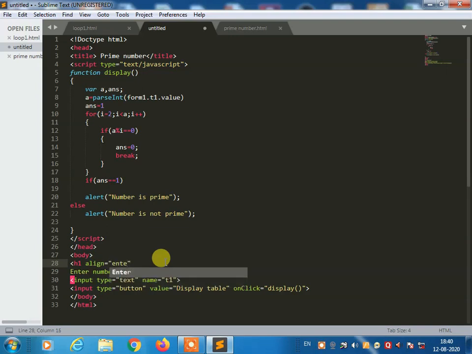I'm taking that text to the center, and writing the statement: program to check number is prime or not.